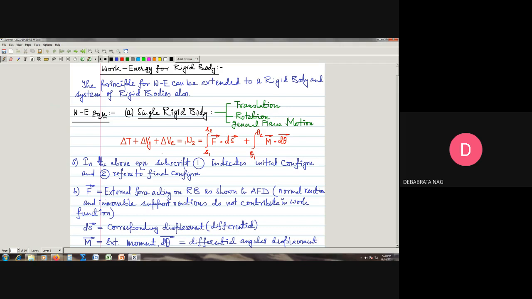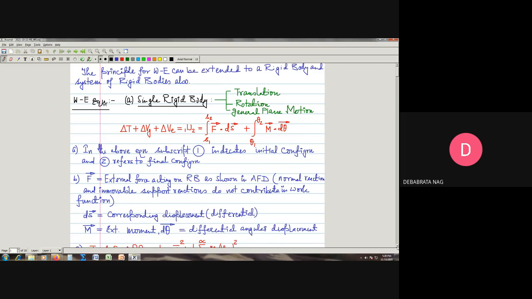And this is the first thing: the subscript one indicates the initial configuration, and the subscript two indicates the final configuration of our rigid body. F bar here is the external force acting on the rigid body as shown in the active force diagram. So this is again a very advantageous situation of this method, that we do not have to basically deal with